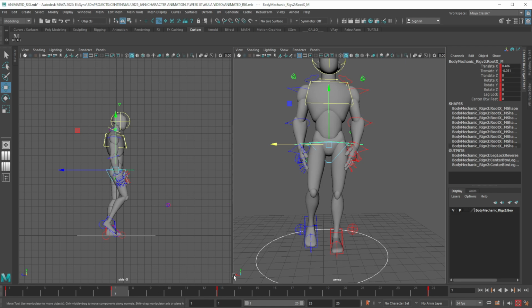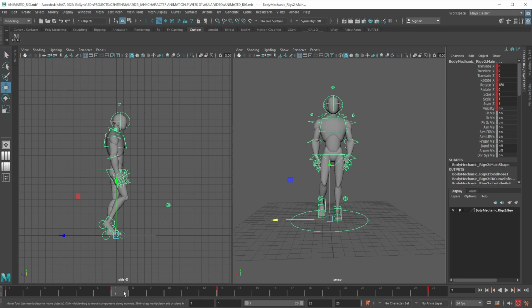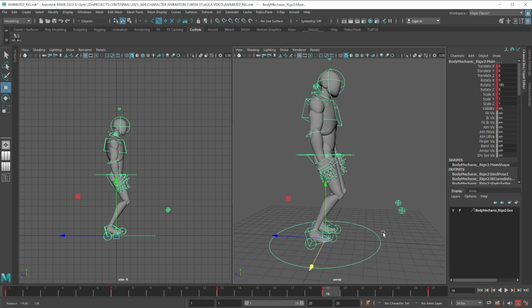now that we have the legs in 7, we're going to 20, yeah, and then I'm gonna select everything. I'm gonna hit S in 7 again to keep the pose, and then we're going to, actually it's 19. Let me see, 1 2 3 4 5 6 7, and I go to 13. 1 2 3 4 5 6 7, yeah, there we go, 19. And then we're gonna have the opposite pose. Okay,